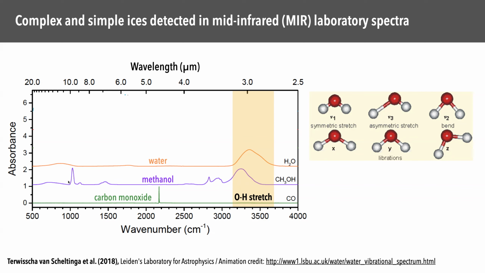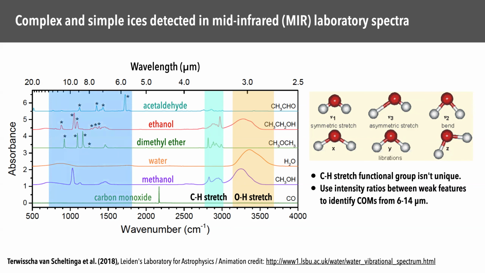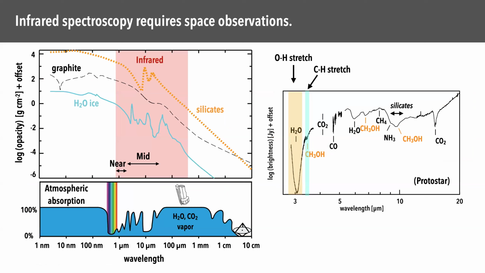If you look at all the small features, you can try to estimate what different types of molecules you have. So you can see that methanol has this CH stretch mode right next to the OH stretch mode. And almost all of the complex organic molecules will have this because they all have carbon and hydrogen. But if you look in particular at the weaker features around 6 to 10 microns and take ratios between those, then you can identify what type of COMs you have. So that's what we'd like to do, but then we have to be able to observe these wavelengths,